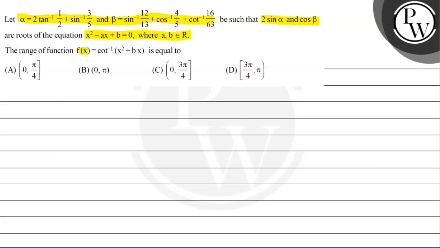The range of function f of x is equal to cot inverse of x square plus bx is: option A, 0 comma pi by 4; option B, 0 comma pi; option C, 0 comma 3 pi by 4; and option D is 3 by 4 comma pi. So in this question the key concept is,